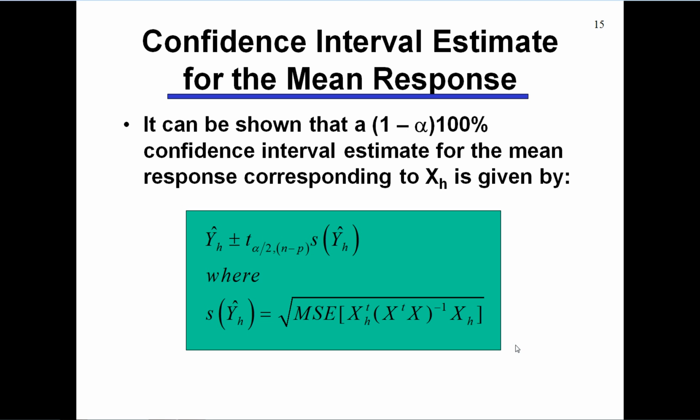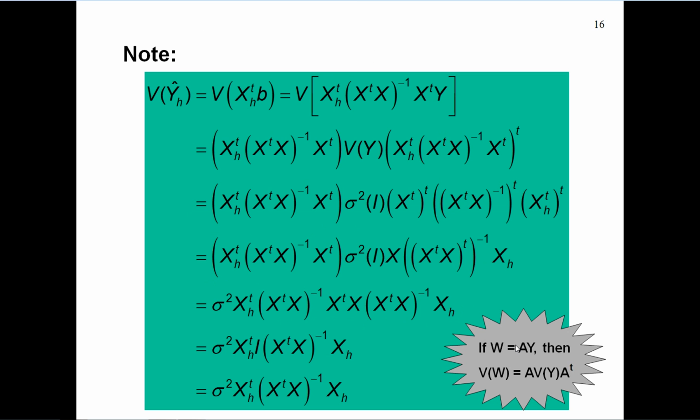In this particular case, it turns out that the standard deviation of y sub h hat is equal to the square root of x sub h transpose times that matrix that we've come to know and love, x transpose x inverse times x sub h, hit by our best guess for sigma squared, which is the mean squared error. And so if we find the standard error of our point estimate, multiply that by the appropriate t multiple that depends on the sample size and the number of parameters in our model, and do that computation, we can derive,